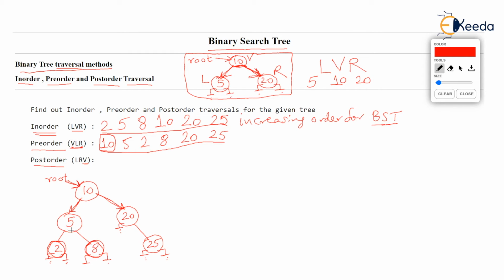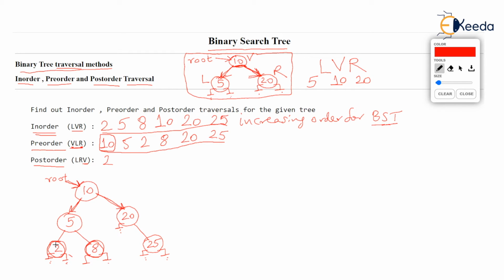Can you print 5? Not really. Before printing 5, you should print the left child and you should print the right child, isn't it? LRV is the rule. I hope you are understanding. So leave out 5 and first visit left because LRV is the rule. When you are at 2, you can print 2 because anyway left is null and right is null. So LR is over and now you can print the vertex. So the first node that gets printed due to post-order is 2 here.